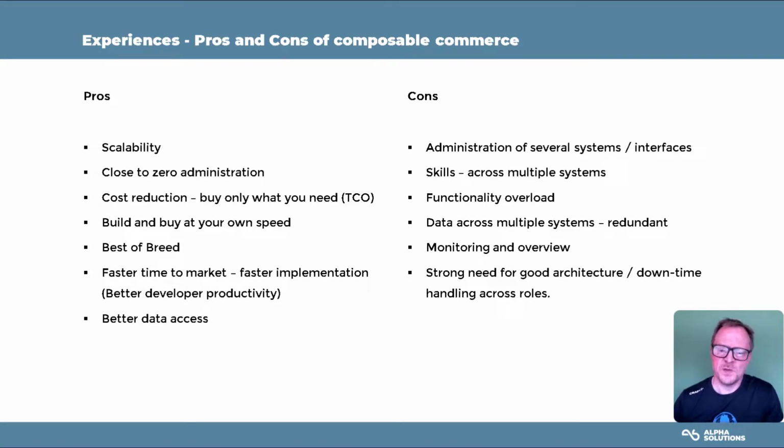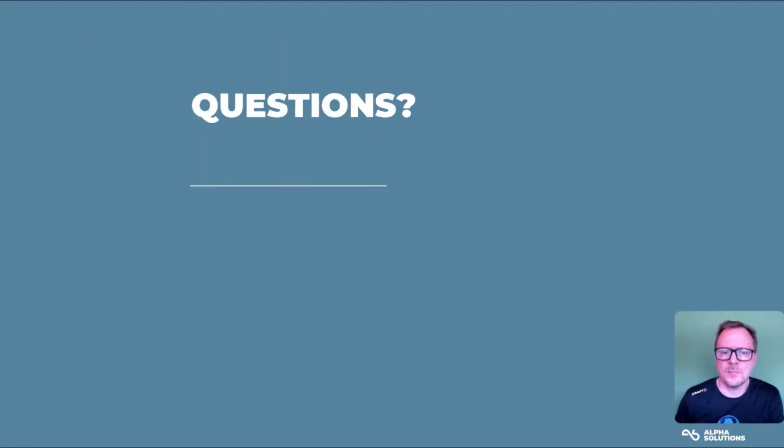So of course, there's always a need for good software architecture when you build a system. But just imagine the case I had before when I showed how it all was put together. You place an order in Order Cloud. Then you call Avalara for tax. Then you call Stripe, the payment provider, and then you send an email. What if one of these connections or calls actually failed? What would you do? How can you roll back across multiple systems? What are you going to do? How are you going to retry? All those things. There's of course solutions to all this, but it's absolutely something that gets even more exposed in the composable world.